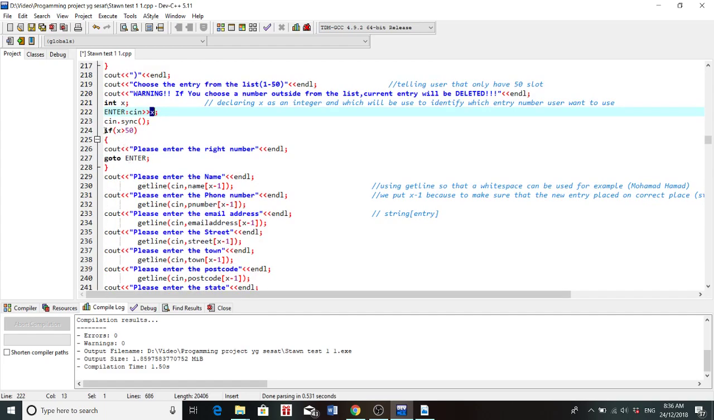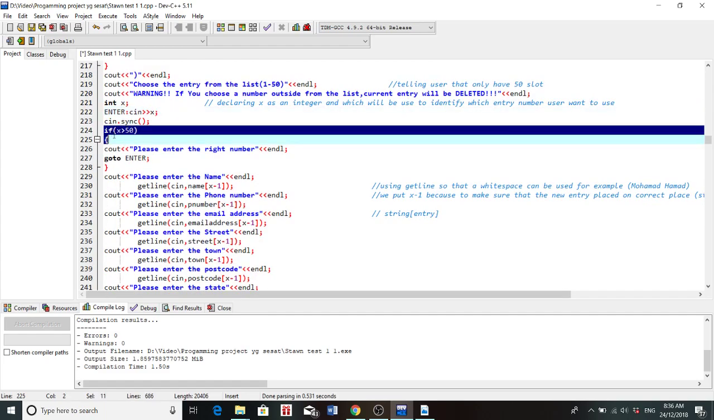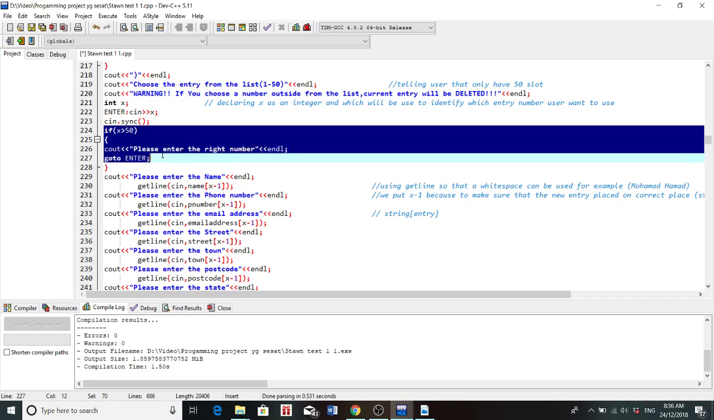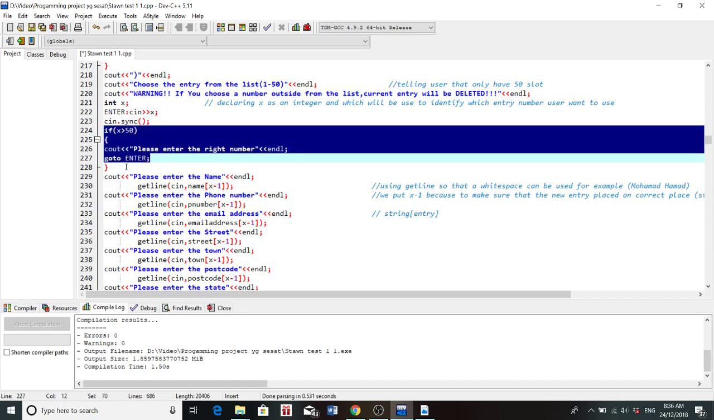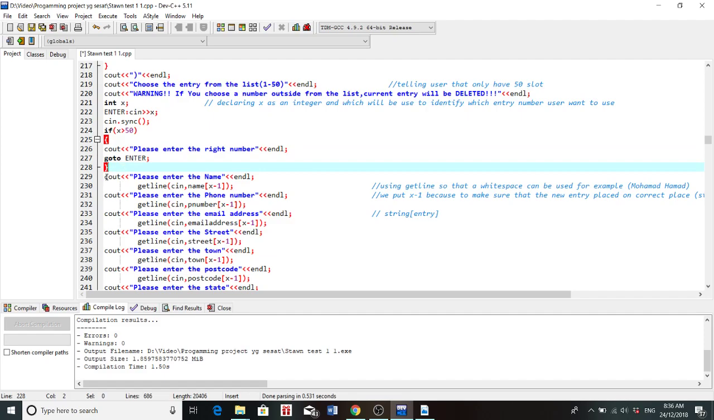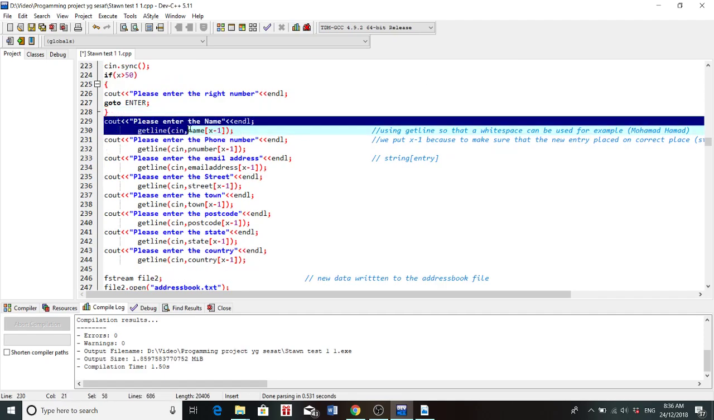Okay, so let's proceed. If the X is more than 50, then it will be an error. So he will need to re-enter the integer or entry that he wants to fill. So this is why, if X is more than 50 here, and if it's not, then the user will enter